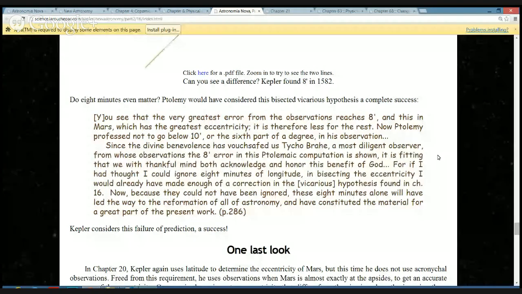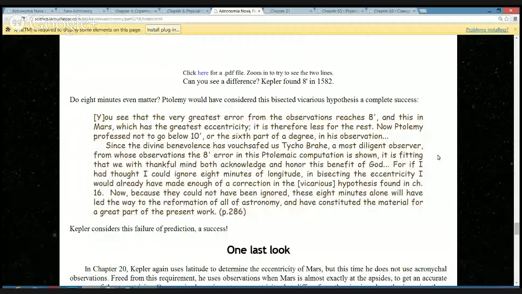It is therefore less for the rest of the planets. Now, Ptolemy professed not to go below 10 minutes, or the 6th part of a degree, in his observation. But since divine benevolence has vouchsafed us Tycho Brahe, a most diligent observer, from whose observations the 8 minutes error in this Ptolemaic computation is shown,